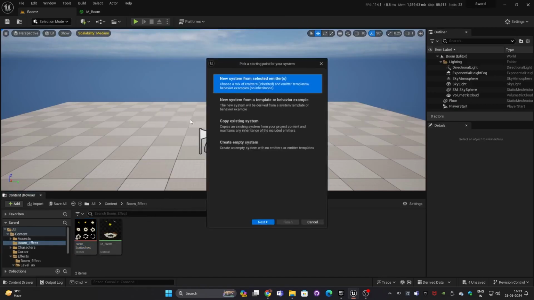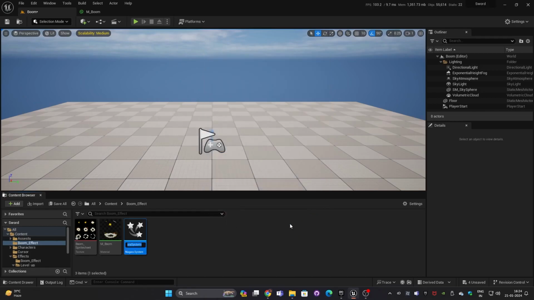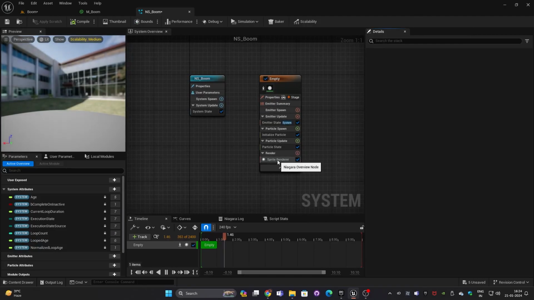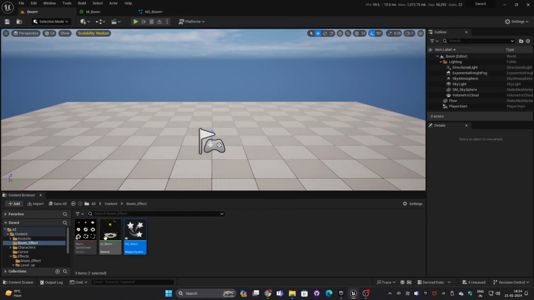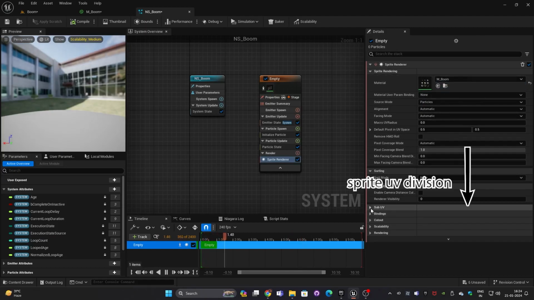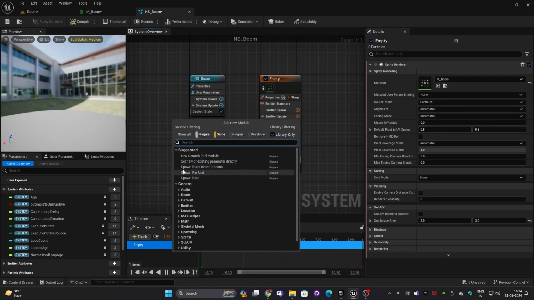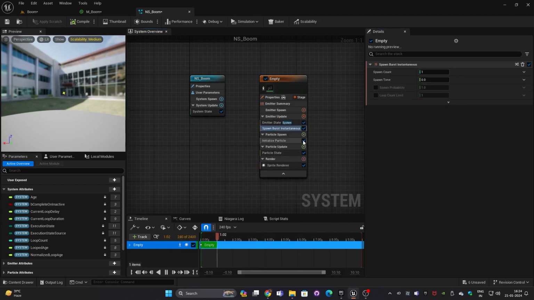And here we will search for Niagara System, and we'll select empty one. Here we will drag our material, and we'll select the sub UV according to our Sprite UV division, and we'll search for spawn burst instantiate,